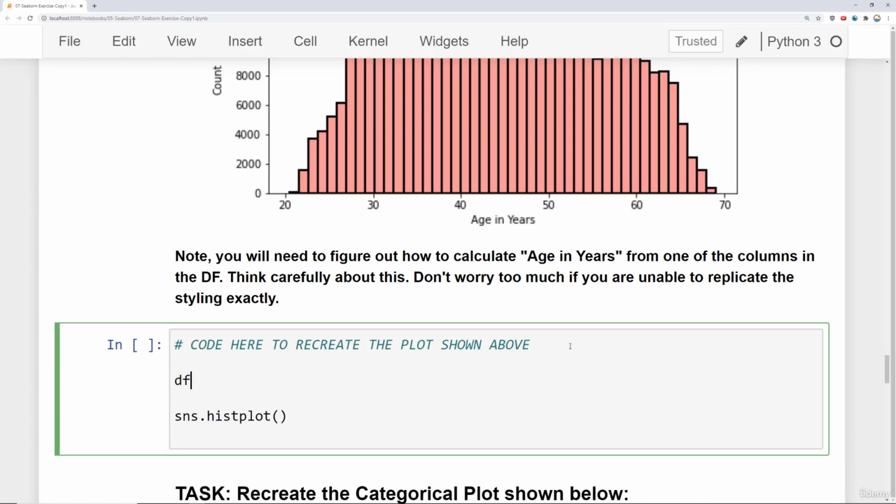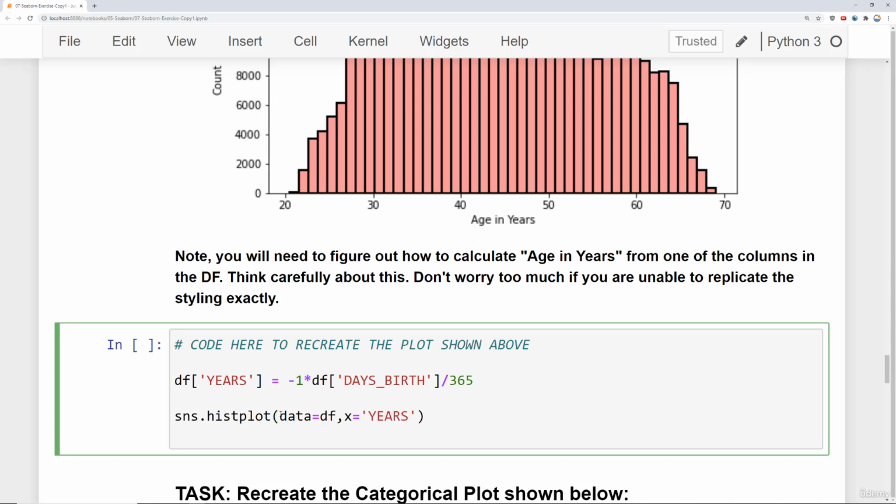We're going to say df, and then we can say something like years is equal to df days birth, and then we're going to say take -1, multiply it by days birth, and then to get years, divide it by 365 days. So we know there's 365 days in a year, so if you divide it by 365, that should get you the years, and then we say -1 to make sure it's actually in positive numbers. Once we have this years column, then we can simply say something like data is equal to df, and x is equal to